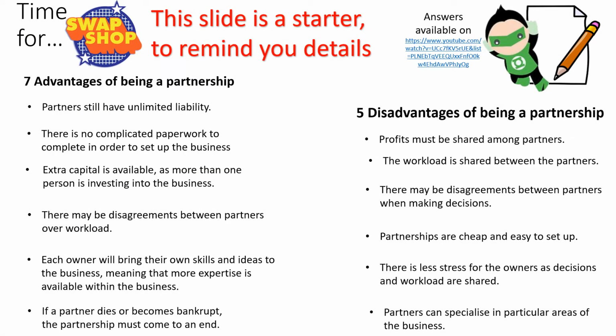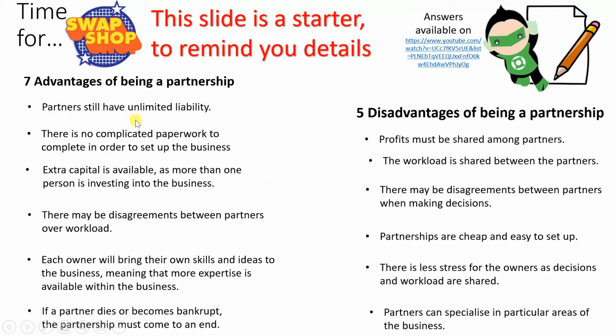Time for Swap Shop. What you've got to do here is, there are 2 headings, 7 advantages of being a partnership and 5 disadvantages of being a partnership. Your job is to put the right bullet point under the right heading. For example,